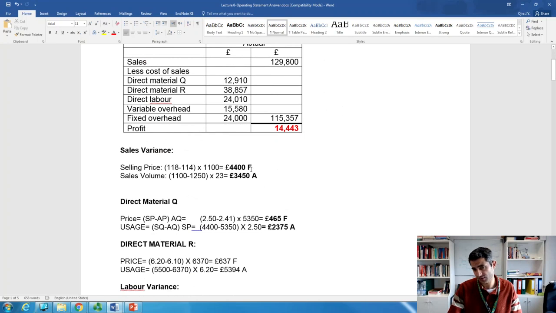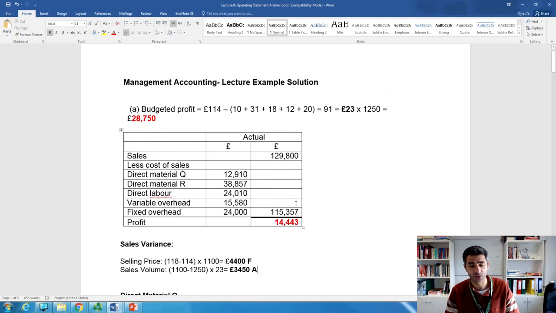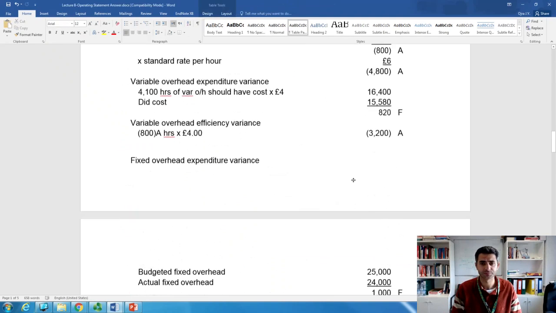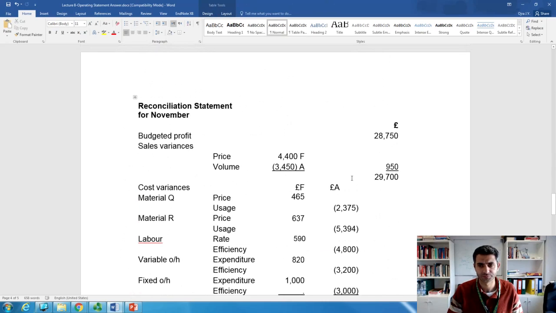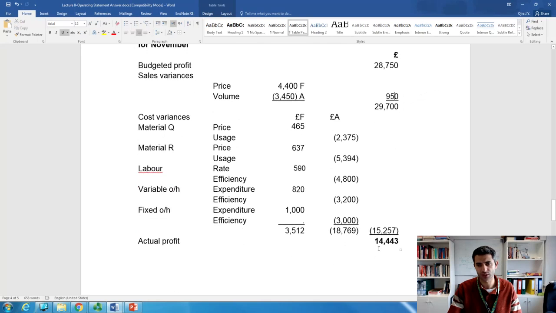So you need to list the favorable under the favorable column and the adverse under the adverse column. You start with the budgeted profit of £28,750, and then you reconcile them to reach £40,443. Let's have a look. Here we go. As I mentioned, you start with the budgeted profit, which is £28,750, and then you need to do the reconciliation in order to reach the actual profit of